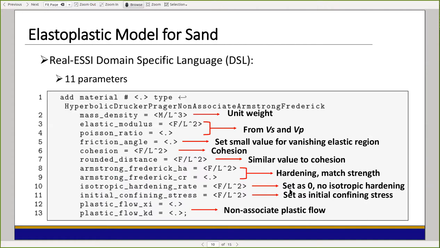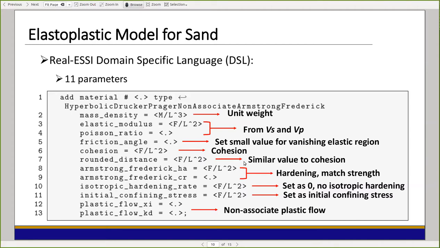And this is the real easy DSL that you can use for this model. As you can see here, we're going to have 11 parameters for this model. Again, similarly for the mass density and the plasticity parameters, and we will have a friction angle parameter, as I mentioned before. We're going to set a small value to achieve a vanishing elastic region, and we also have a cohesion parameter that comes from the characterization of your soil, and also a rounded distance parameter, which